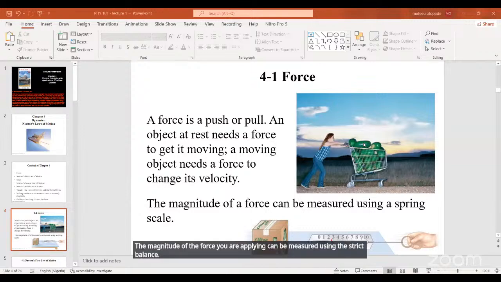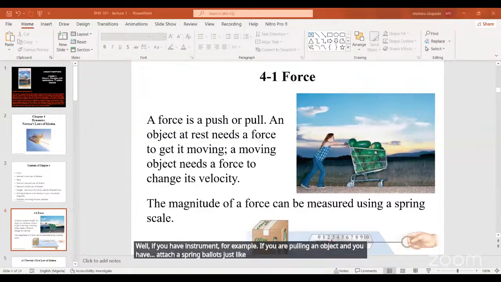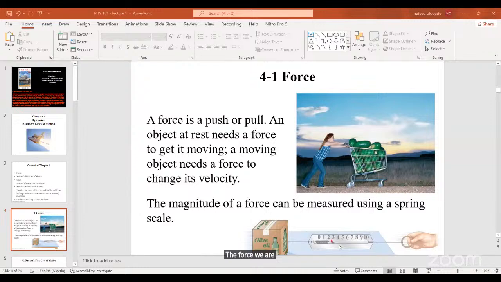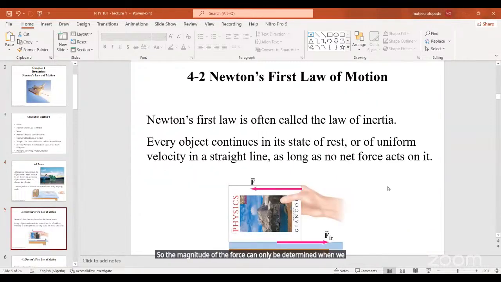Because ordinarily, if you have a footballer playing football on the football field, he only kicks the ball. The magnitude of the force he has applied is something we cannot measure. But if you have an instrument, for example, if you are pulling an object and you have attached a spring balance, just like you see under here, the box of the olive oil is being pulled. Because of the spring balance, we can definitely measure the force we are applying to pull the box of the olive oil. So the magnitude of the force can only be determined when we actually attach a measuring instrument